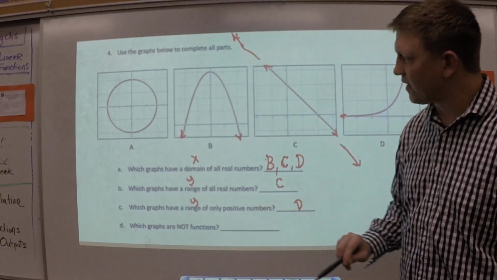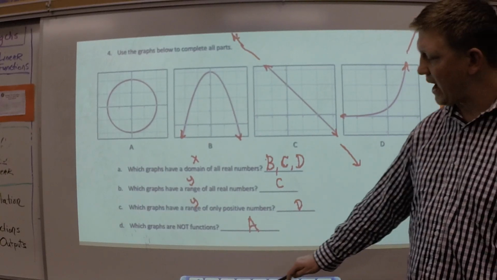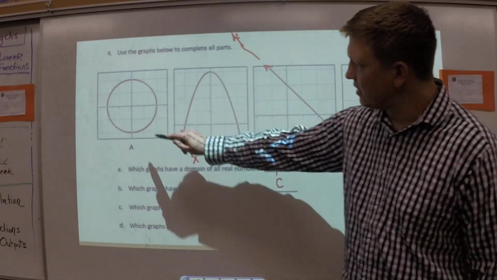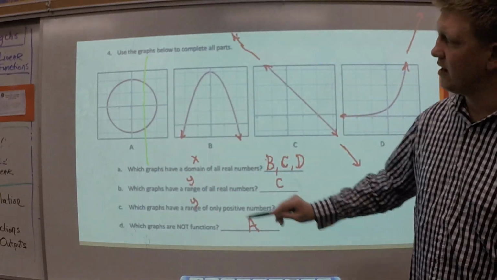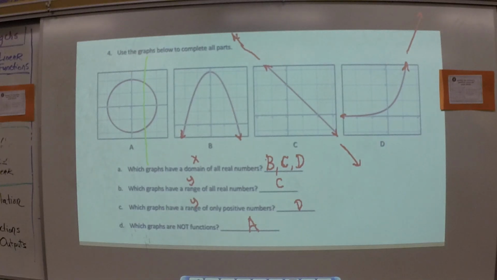Which graphs are not functions? A is the only one that is not a function. It doesn't pass the vertical line test, right? So as I slice through right there, it's actually going to go through at 2 points. If it goes through at 2 points, then it is not a function. That's the only one that